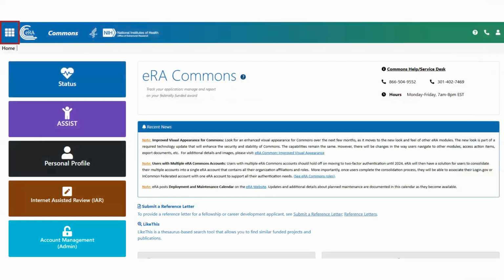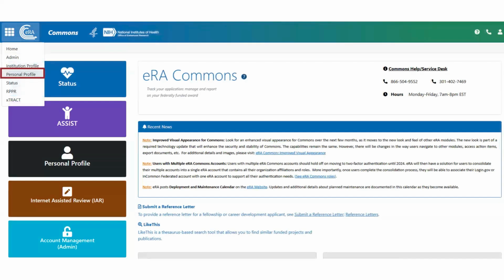Okay, so I want to show you what it looks like when you are linking your personal profile with ERA Commons. So when you log into ERA Commons, up at the top left corner, there's those 9 boxes. If you click on that, it'll bring down a drop-down menu. And if you select personal profile,